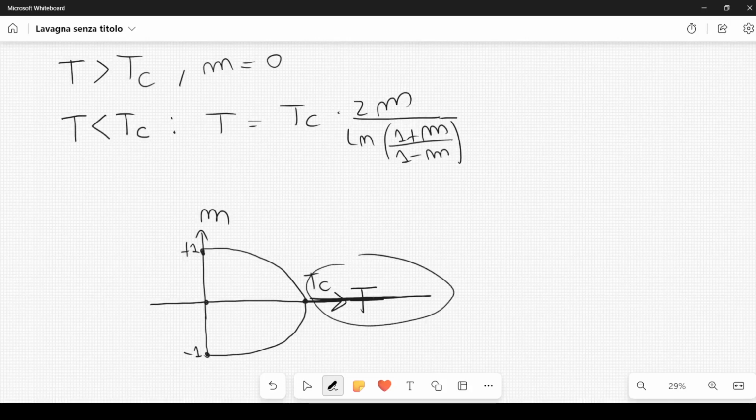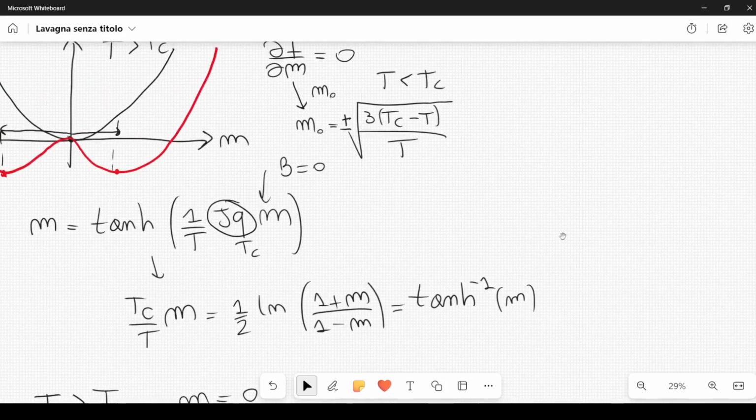This graph tells us that if we, for example, start at a temperature greater than Tc, and we decrease the temperature, and remember that the magnetic field is set equal to 0, then at some point below a critical temperature, Tc, the material will get some magnetization. So it can go either way, the magnetization can be positive or negative. The system will pick one of the two ground states, m equal to m0 or m equal to minus m0. Remember that when we are below the point Tc but very close to Tc, we have found that either this value or this value, these two values, satisfy the following condition. When we are very close to the point T equal to Tc,